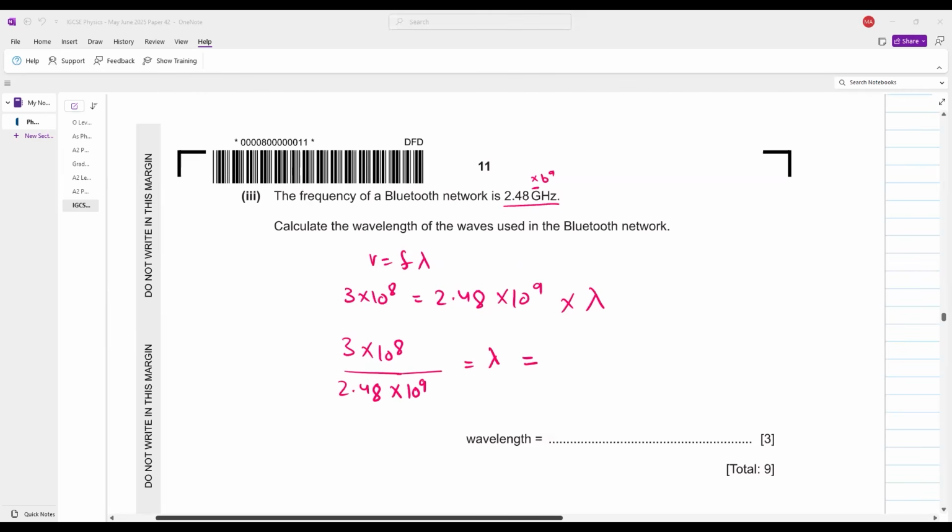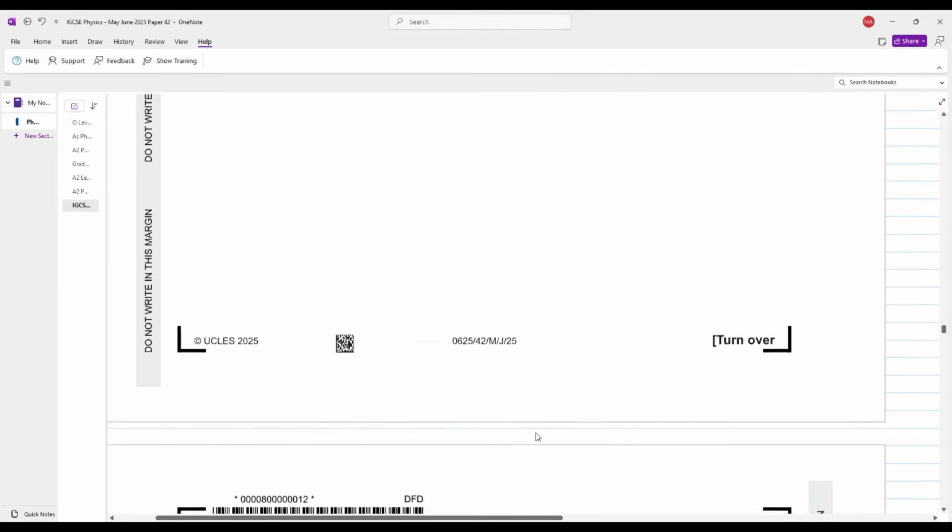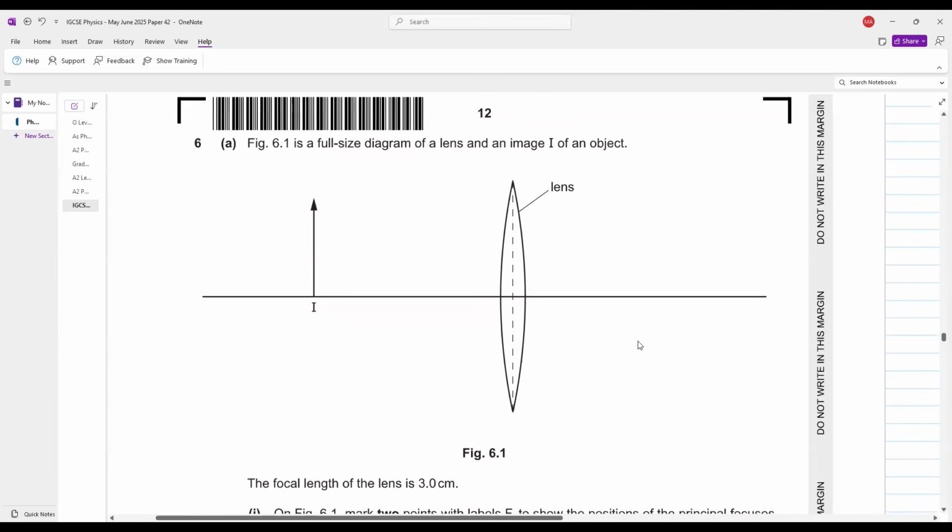शाबाश, जल्दी से कैलकुलेट करके मुझे बताओ। वेवलेंथ की वैल्यू कम्स आउट टू बी 0.12 meters। इजी पीजी लेमन स्क्वीजी। आगे बढ़ते हैं जी। ओके, फिगर 6.1 is a full sized diagram of a lens and an image eye of